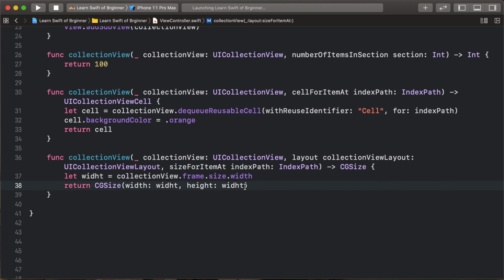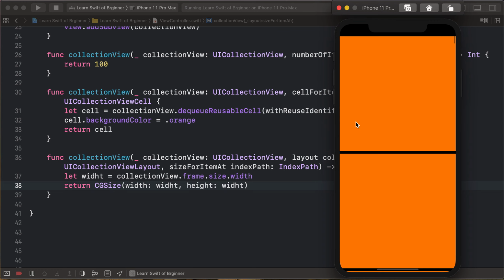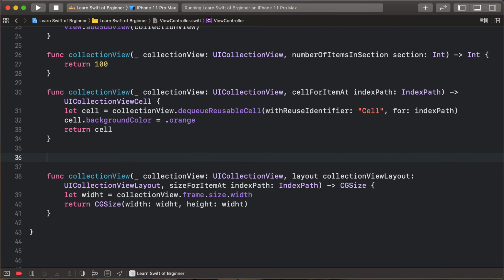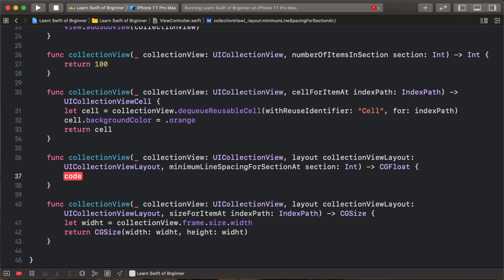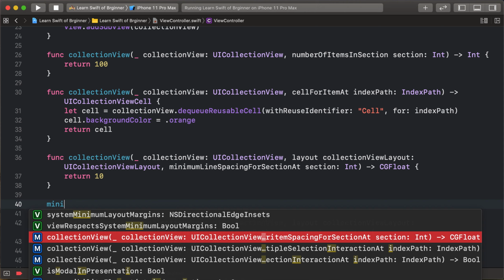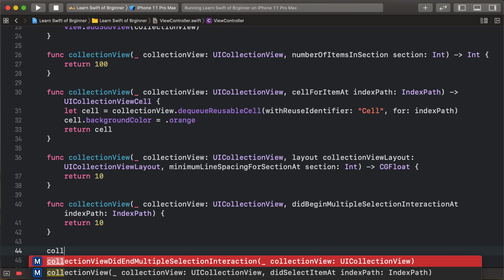So one row, but every cell is 2 columns, and the 2 columns have 10 pixel space between them, and the left side and right side have a 10 pixel space. So minimum line spacing for section, so 10 space, and minimum interitem spacing, so return 10 and collection view